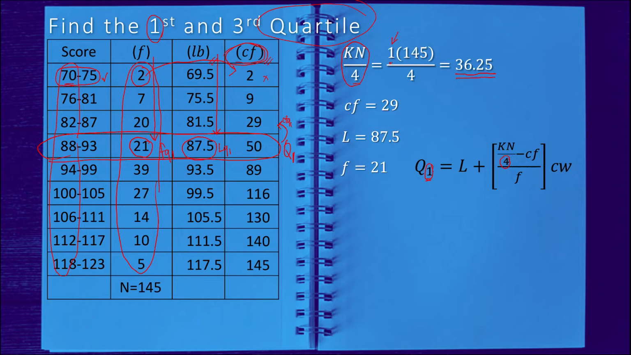Next, CW. Para makuha natin yung CW, bibilangin lang natin. 70, 71, 72, 73, 74, 75. That is 6. Now, kompleto na natin lahat ng yan, and then, isa-substitute na natin dito sa formula na meron tayo. We have Q sub 1 is equal to 87.5 plus the quantity of 36.25 minus 29 all over 21